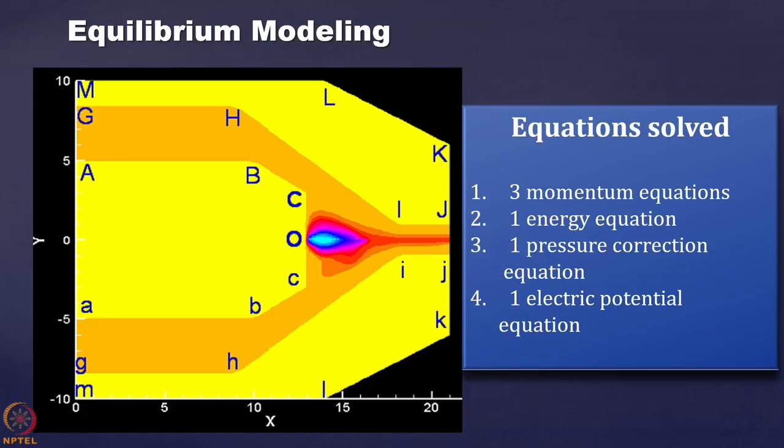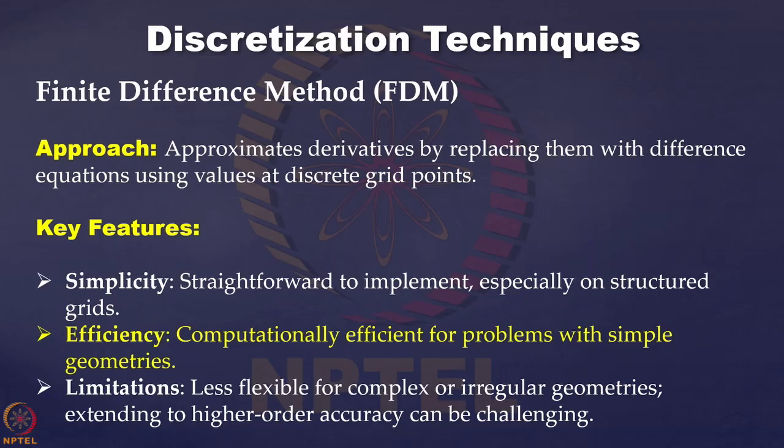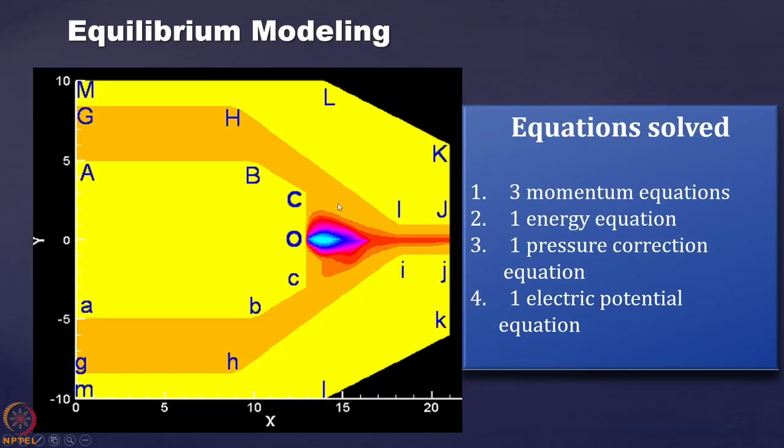So that difference will be there in two temperature modeling. Now here, this is a cathode and this is the anode. From the cathode the electrons are getting emitted, and these electrons are attracted towards the anode, and they form a current path which hits the gas that is flowing through, and that forms the plasma.